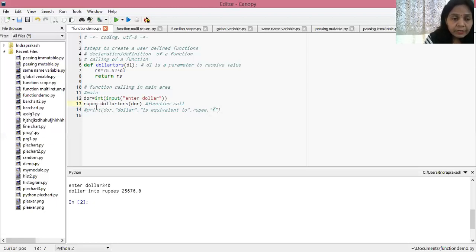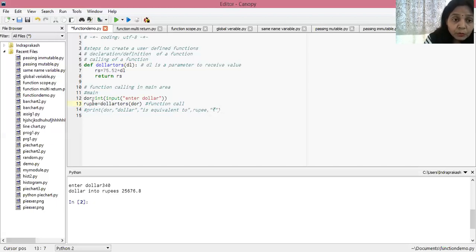So I have declared a variable rupee, then put the equal sign, that is the assignment operator, and then I call the particular function. It will call the function dollar to rs, and the value returned from the function will be rs, returned in statement number 13, and that rs value will be stored inside the variable rupee.